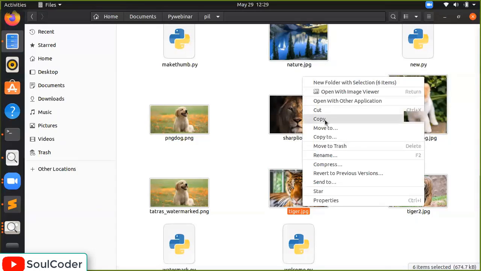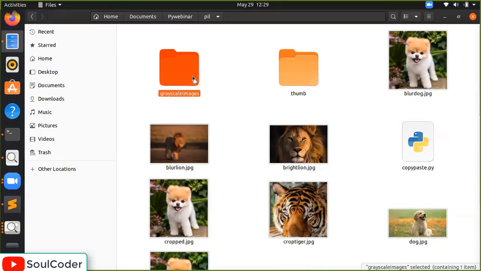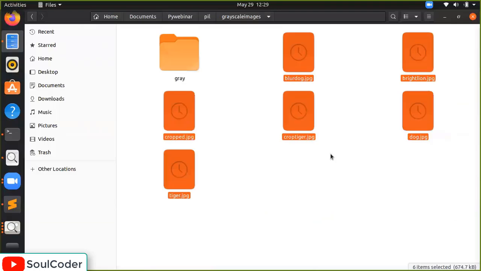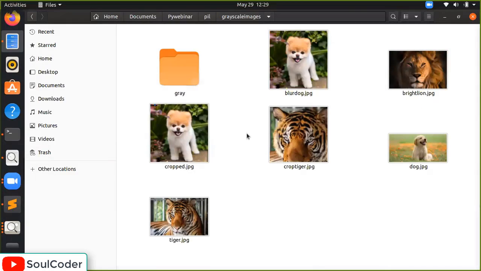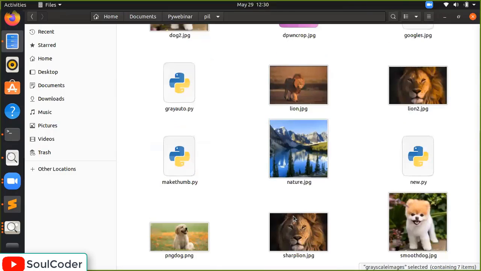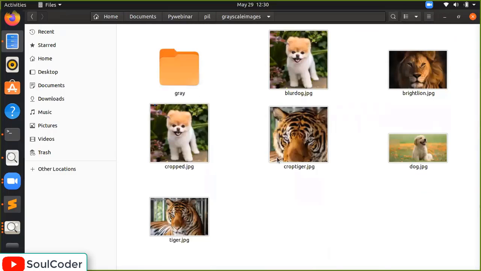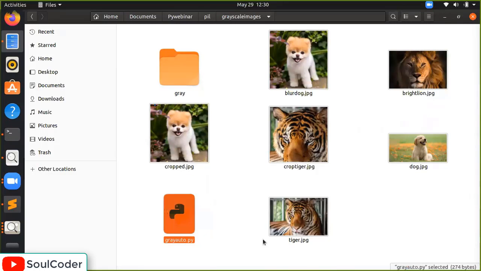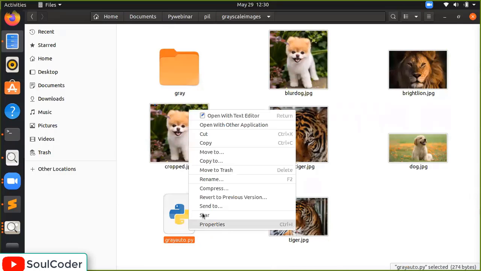I'm going to copy the grayscale images and paste them over here. So all of the images have the same size, and I'm going to run it. Here's my grayscale gray auto, and I'm going to put it over here. So paste it over here, and when I say gray dot auto, I'm going to open it.